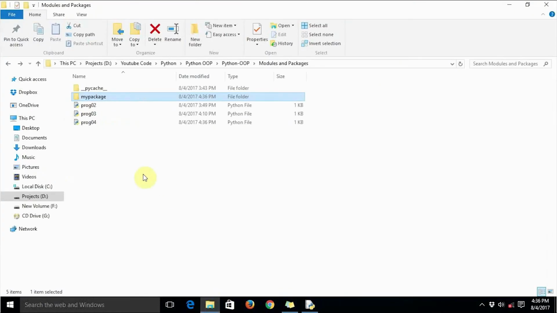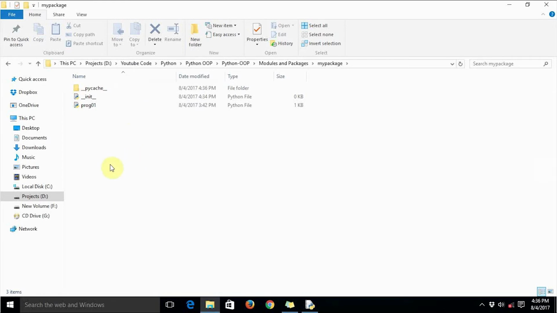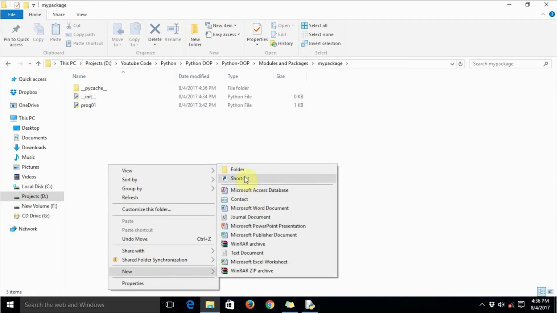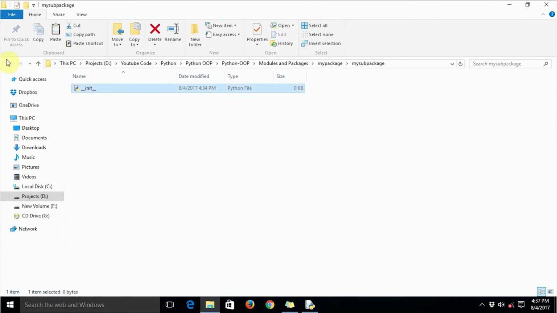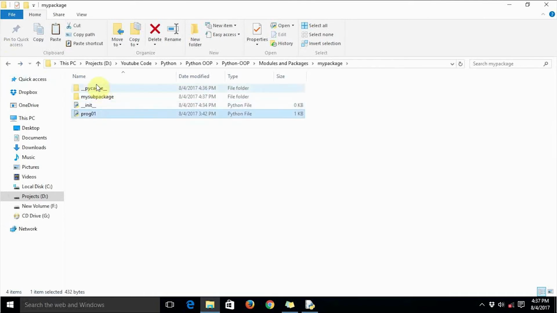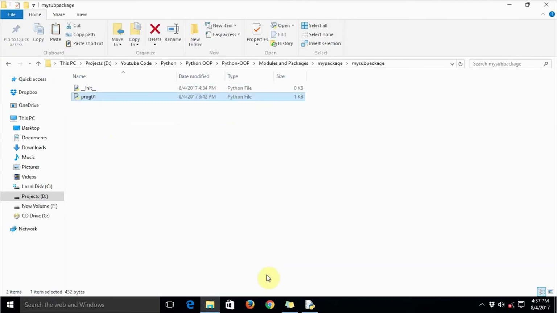Now as you can see, we have my package, and I can now create my sub package. Here we can even have __init__, and the same prog01 we can copy here.